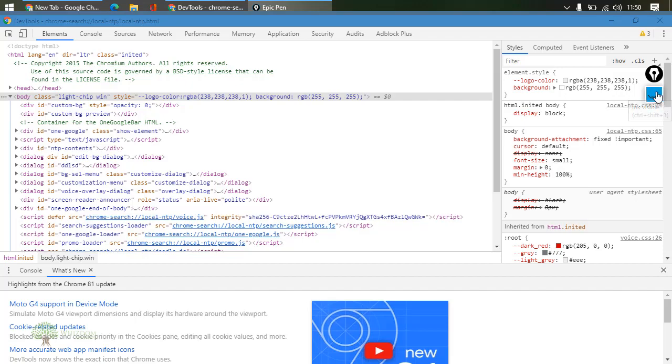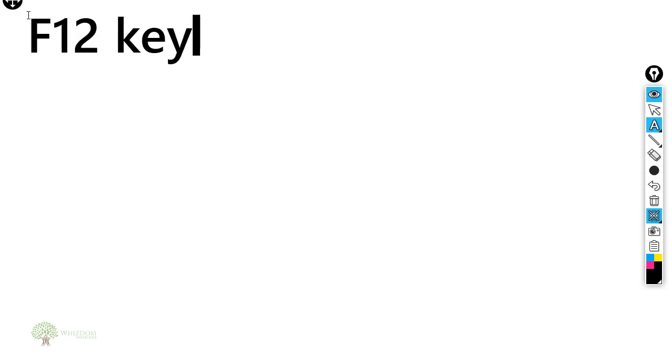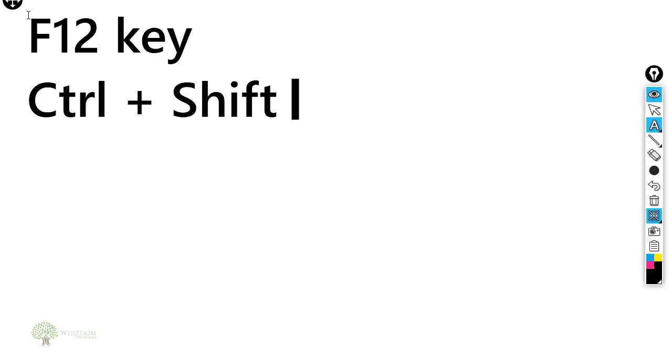Now there is not only one way to open Developer Tools, there are multiple ways. Let us just discuss. The first one is the F12 key. Another is Control plus Shift plus I. This is also one of the combinations.